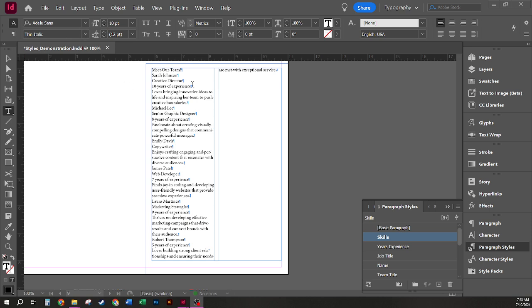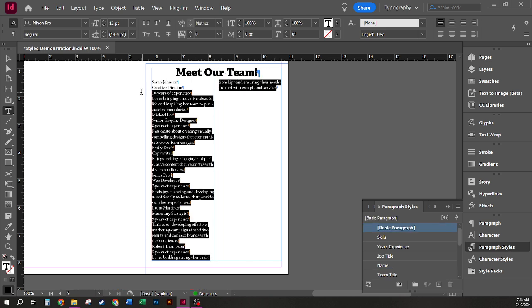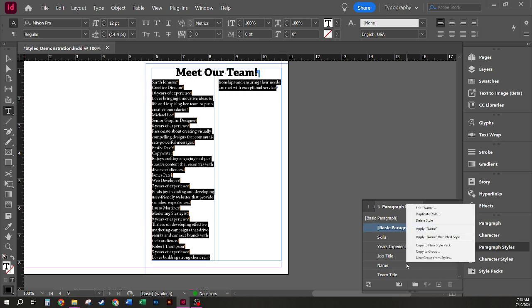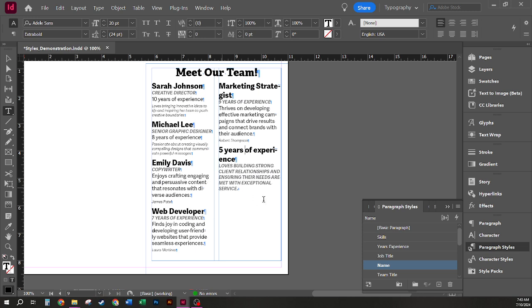So again, we're going to repeat what we did before and apply our styles by first applying the team title style and then selecting our text and starting with the name style, apply name, then next style. Like in our previous example, we see that it is applying correctly until it doesn't. We see that the style breaks down here at Emily Davis. While the first two